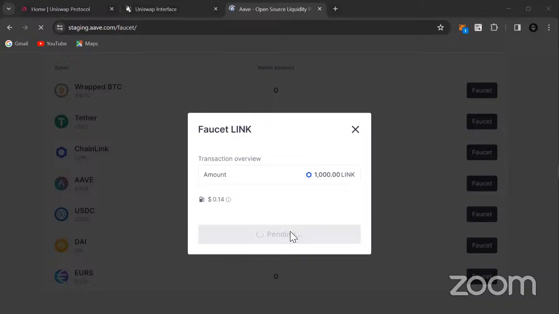Of course, it's a blockchain, so we always have to confirm from our MetaMask. That's the power of the blockchain. Anybody that wants to do a transaction from your wallet address must always have access to signing that transaction. That means the person must have your private key. So that's why your private key is very important also. While we wait for our transaction to be confirmed on the blockchain, like I said, Aave is a protocol that allows for the lending and borrowing of crypto assets, right?